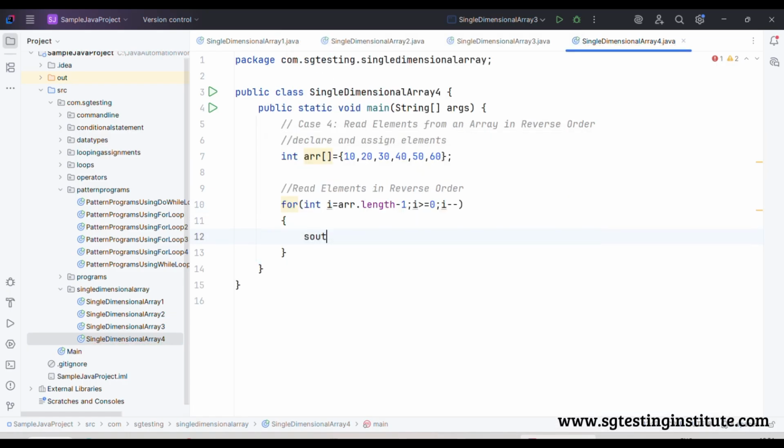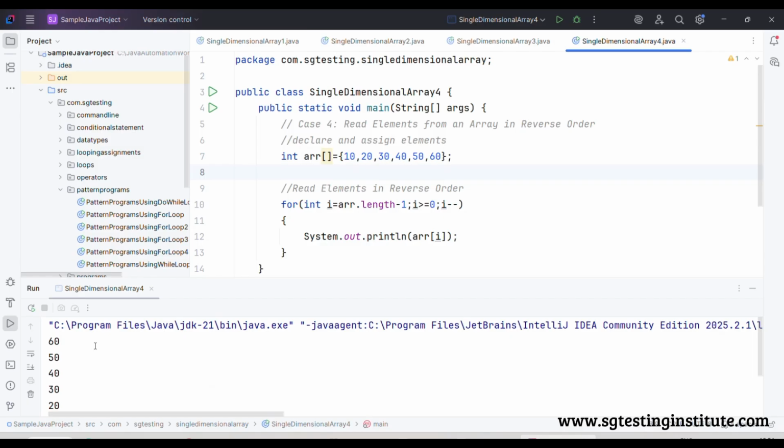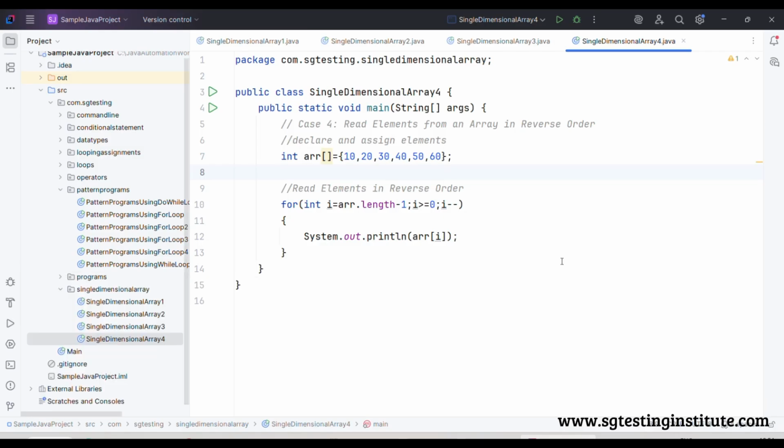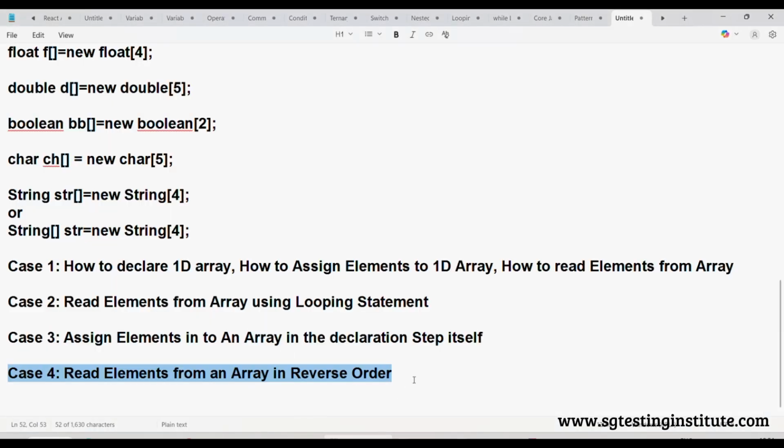Now if we print the value and execute, it displays the elements in the reverse order, which is 60, 50, 40, 30, 20, 10. In this way it will display the elements. The next case,